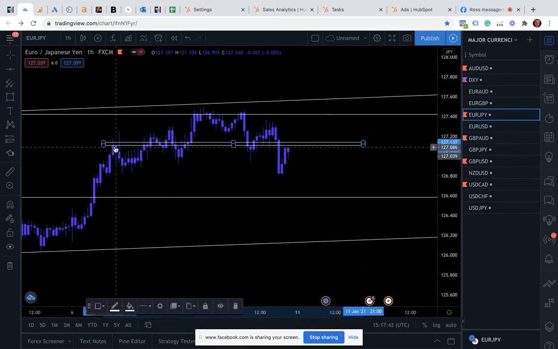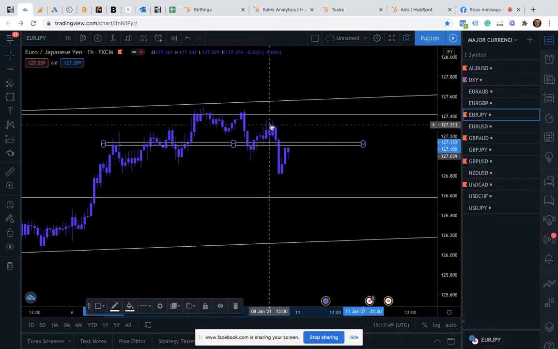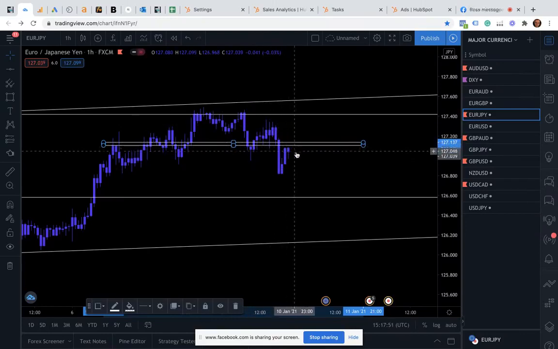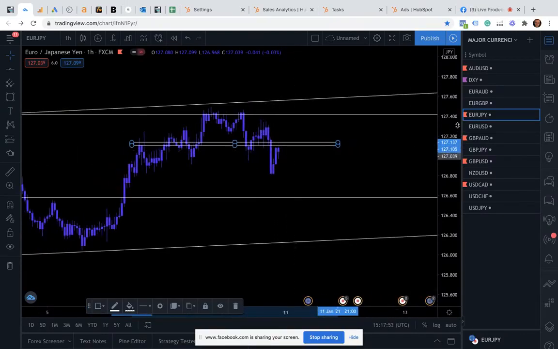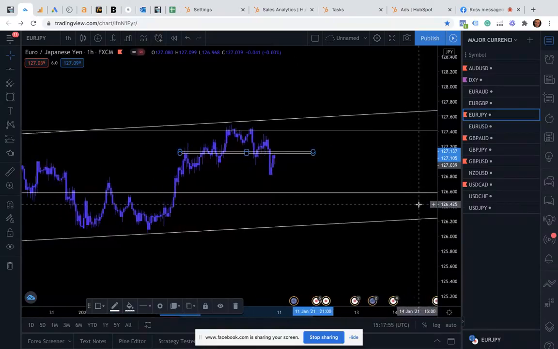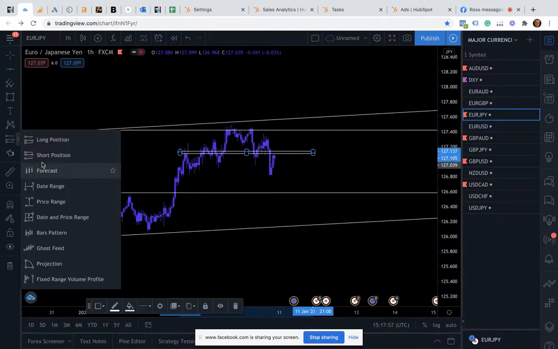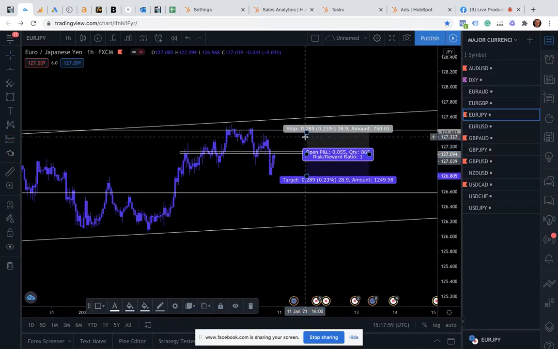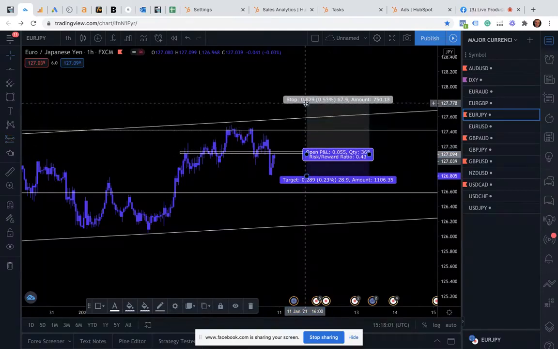So again, look, this has been respected well, spike up, closed below. This has been respected as support. It's been respected again, and then we could potentially have a short position here. Now, if we were to ever take a short position, I mean, now would probably be as good a time as ever,